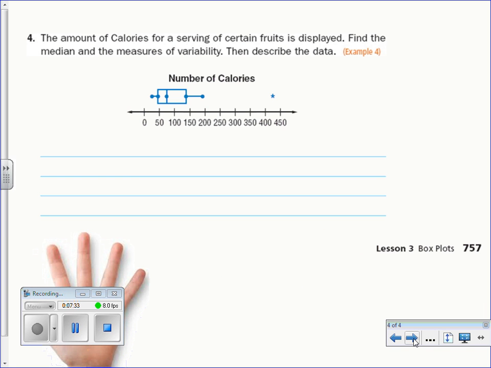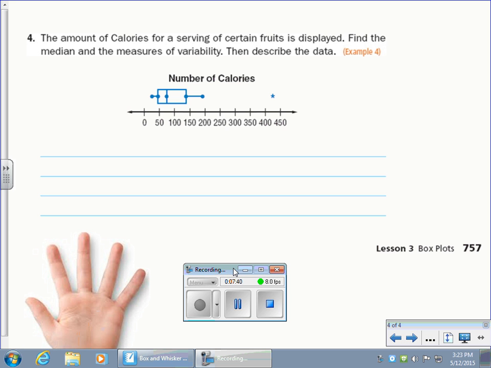Now the other way around, number 4, still on page 757. Notice they want the median and the measures of variability. That's the 5 things again, right? Quartile 1, median, quartile 3, the biggest number, and the smallest number. All right, those are the measures of variability. So median